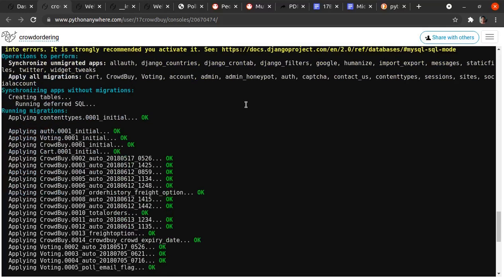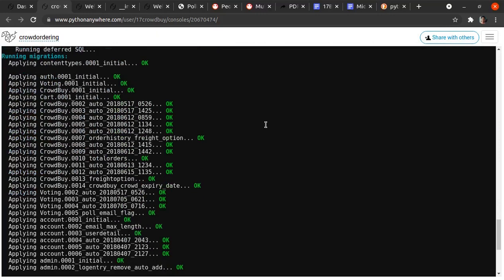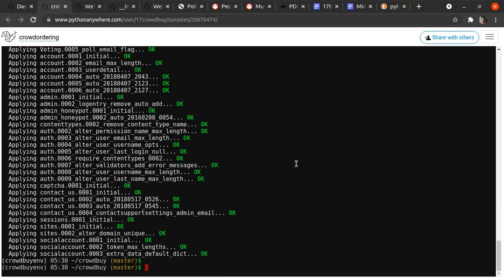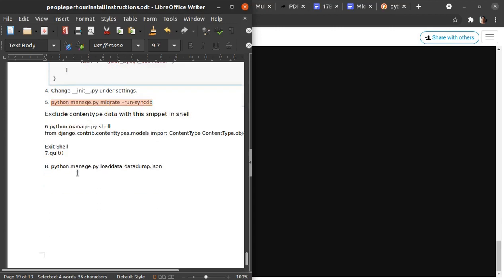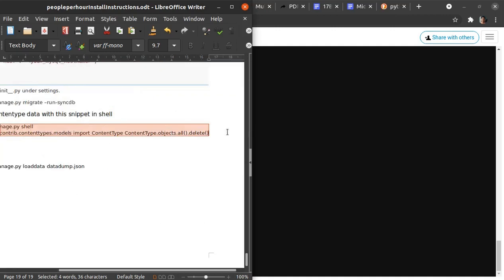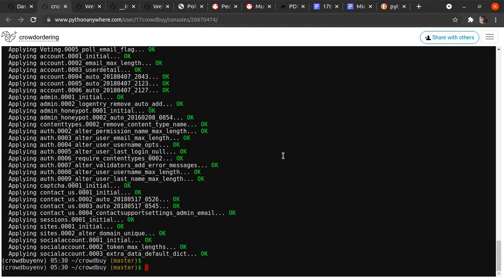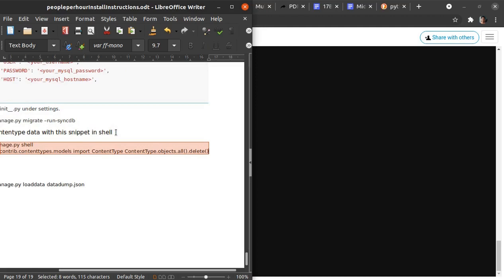Run SqlDB, and now all our tables inside our SQLite database have been migrated to MySQL database. Now the next thing we need to do is, let me open up this real quick. Now we need to clear the content type. So for that I'll copy this command. I guess I did something wrong. Yeah. So first we need to go to the shell,